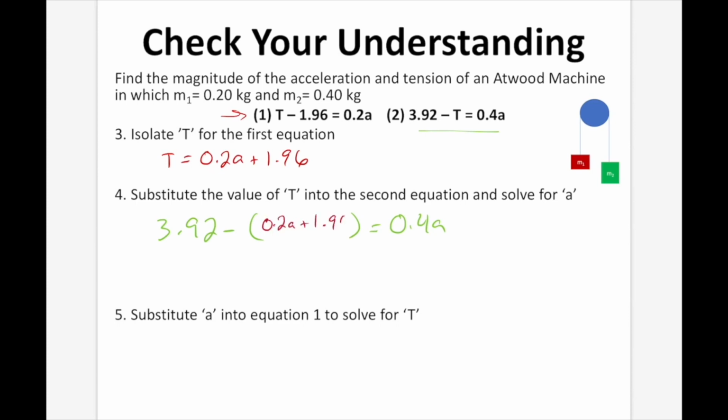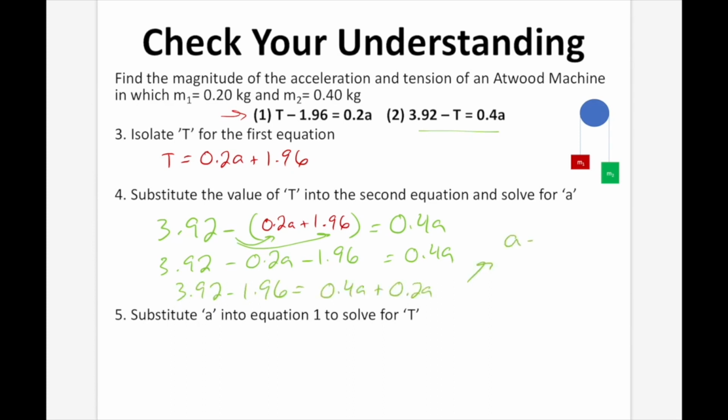Remember, the T values are the same, so we can substitute the T value from equation 1 into 2, and then we're going to solve for A. So we're going to simplify. We're going to say 3.92 minus 0.2A minus 1.96, because that negative multiplies there and there. It's very important to do this step, otherwise you can make silly mistakes, equals 0.4A. We're then going to group like terms and solve for A. So we get 3.92 minus 1.96 equals 0.4A plus 0.2A, and we get A equals 3.27 meters per second